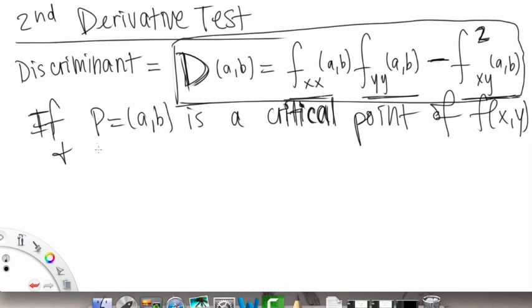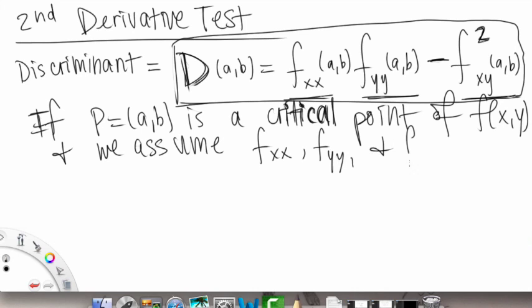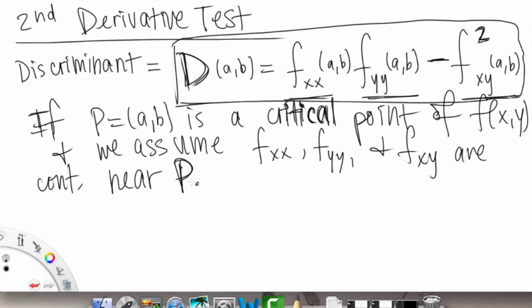we have to assume that f sub xx, f sub yy, and f sub xy are continuous near P. Because if they're discontinuous, that just throws a wrench into things. But you won't have to deal with this in problems. They'll pretty much all be continuous. Anyways, this is just conditions that we have to lay out. So near P, then we say that